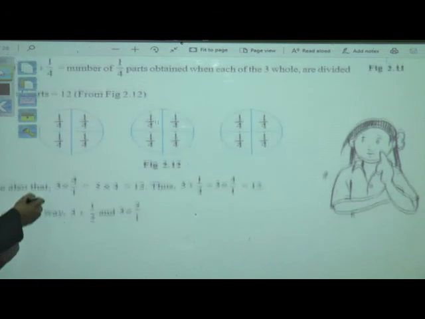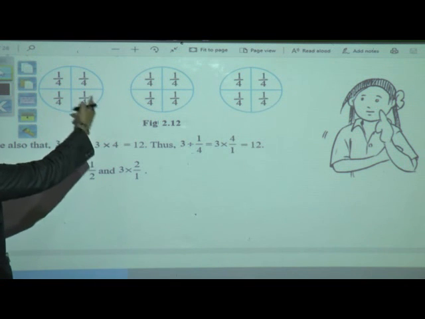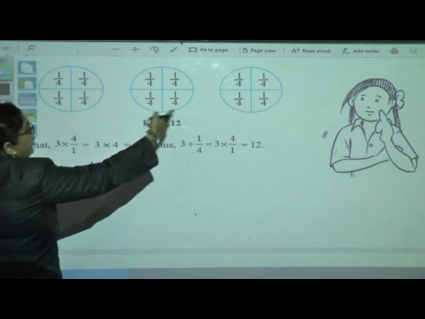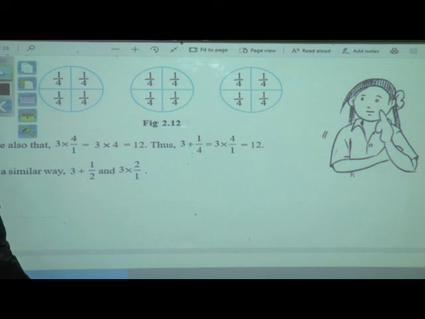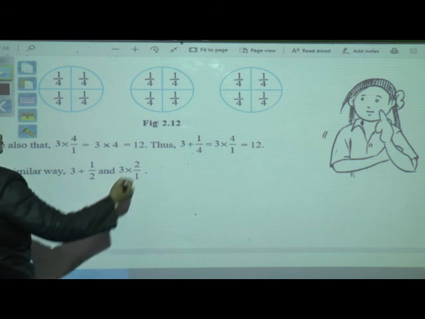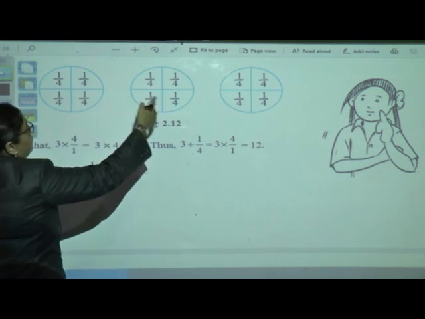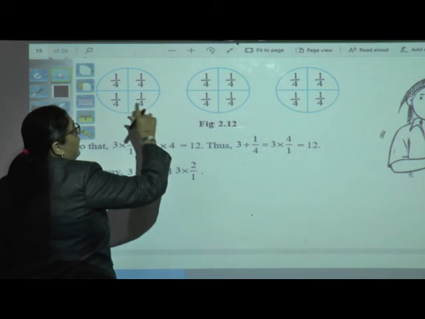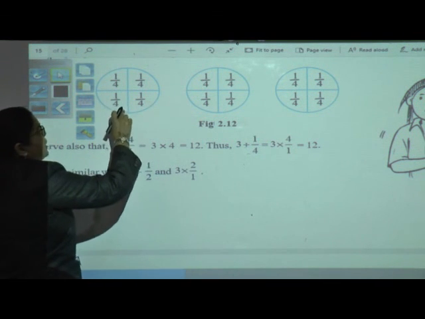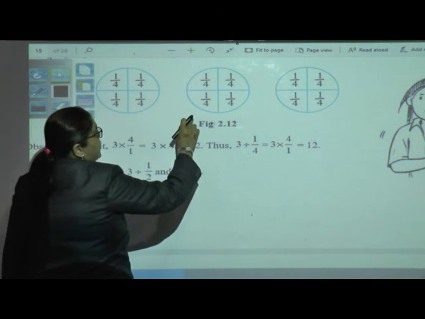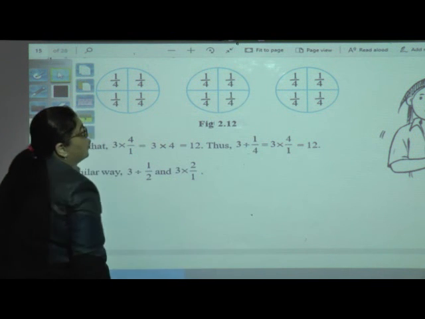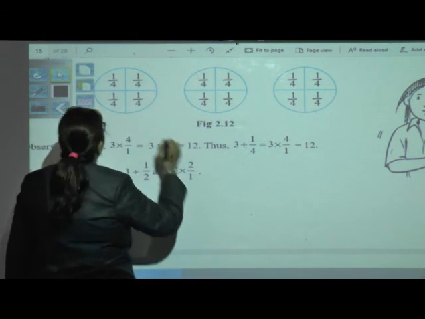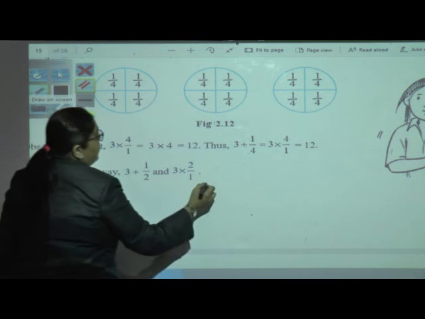So what will the answer be? We can see here 1 upon 4, 1 upon 4, 1 upon 4. Can we do the addition of all these? It will take a long time. Yes or no? So I want to count the number of pieces of pizza, how many pieces I will get when I divide one pizza into 4 parts, another pizza into 4 parts, and another pizza into 4 parts. So what will it be? Division.